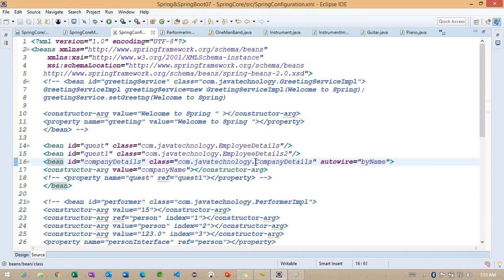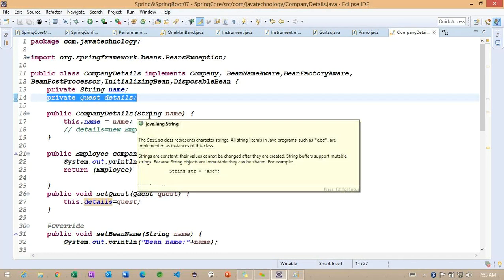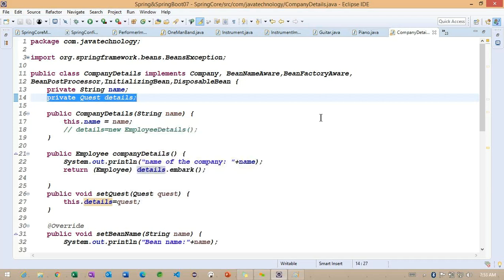Okay. So we'll try to open the company details. You can see we have this particular object, something called details here. Based on the name of the bean, the dependent object is going to be created.